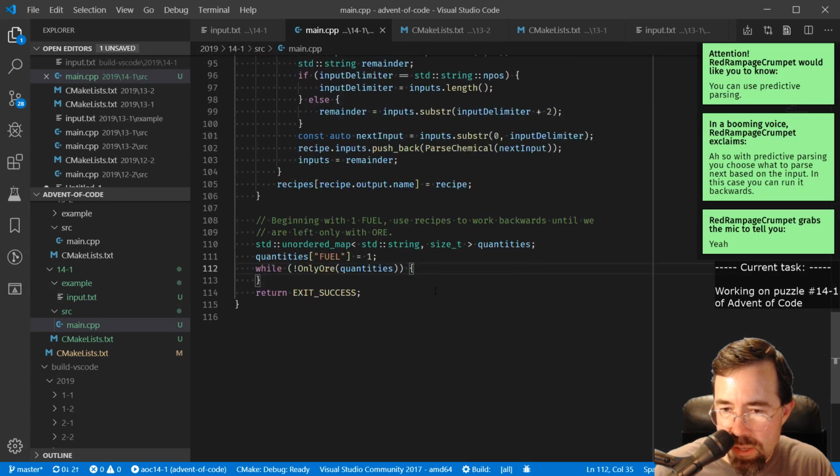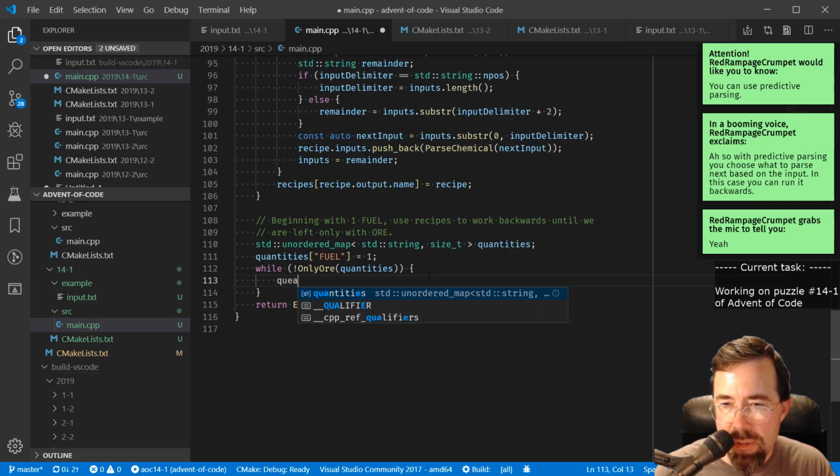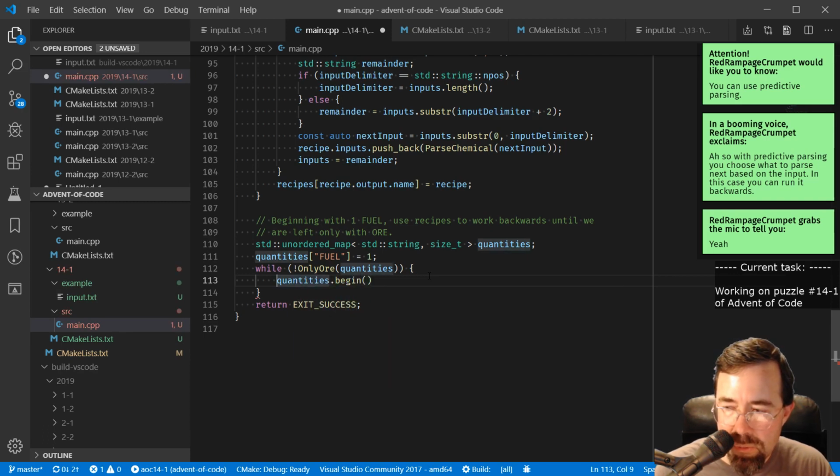So while we don't have only ore, I think we'll just take the first thing on the list and take it off and find the matching recipe, replace it with its inputs, and put those inputs back in, right? So we'll take the first thing off. The first thing would be quantities begin. So let's just say const auto first quantity